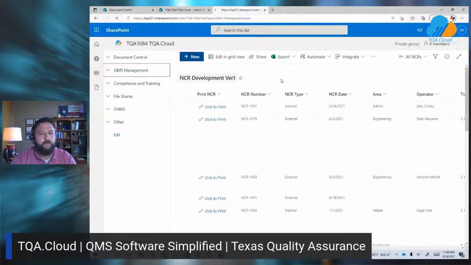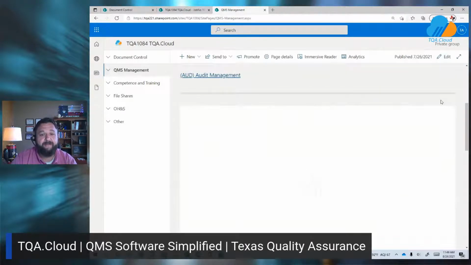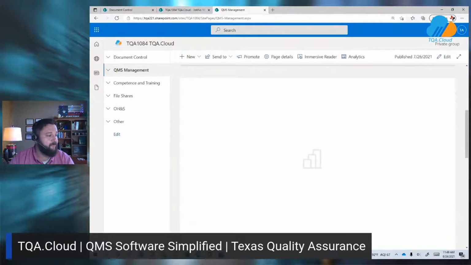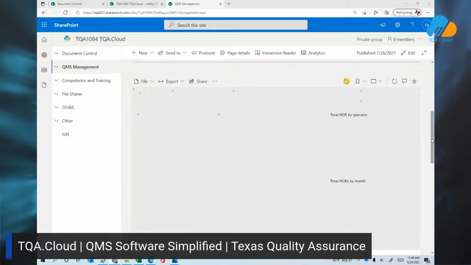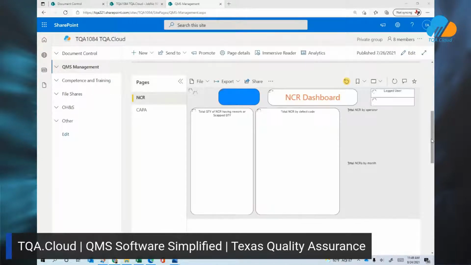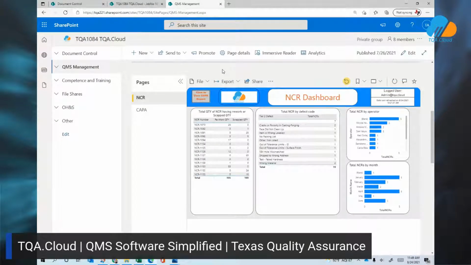And let me show you one more thing that might help answer your question here. Let me pull this up. We do have some standard Power BI reports available out of the box. Let me see if I can make this screen a little bit bigger for us here. So, not quite the trend graph that you're looking for, especially if we're looking at something along SPC lines. That's something that's on the docket for future development, but we're not quite there yet.